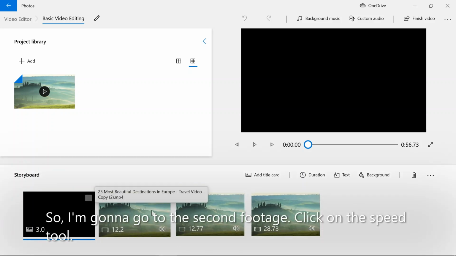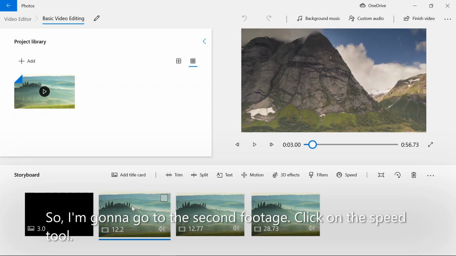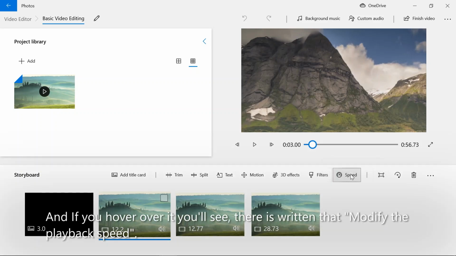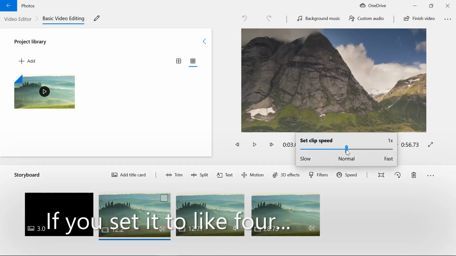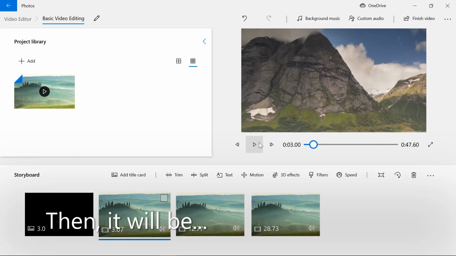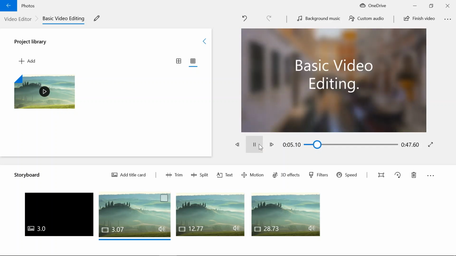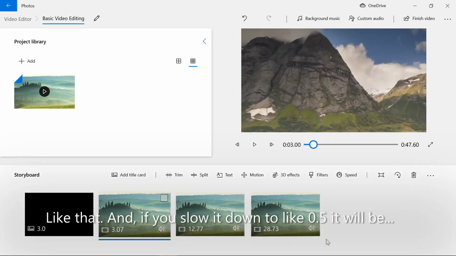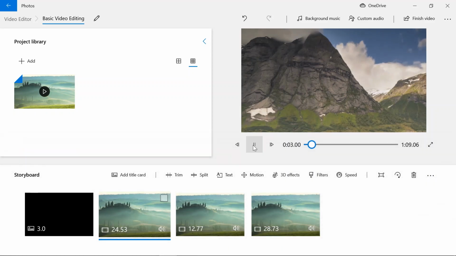So I'm gonna go to the second footage, click on the speed tool, and if you hover over it, you'll see there is written that it modifies the playback speed. If you set it to like 4, then it will be from Scandinavia striking snow like that. And if you slow it down to like 0.5, it will be